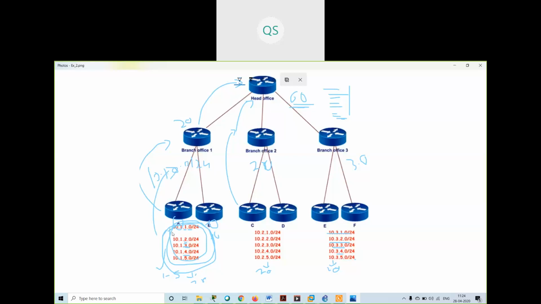Or I will send these 20 networks over here, and this router will make a summary address and advertise it to the head office. So now this router got the 20 networks only, but it summarized these 20 networks and sent it over to the head office network. Same over here.